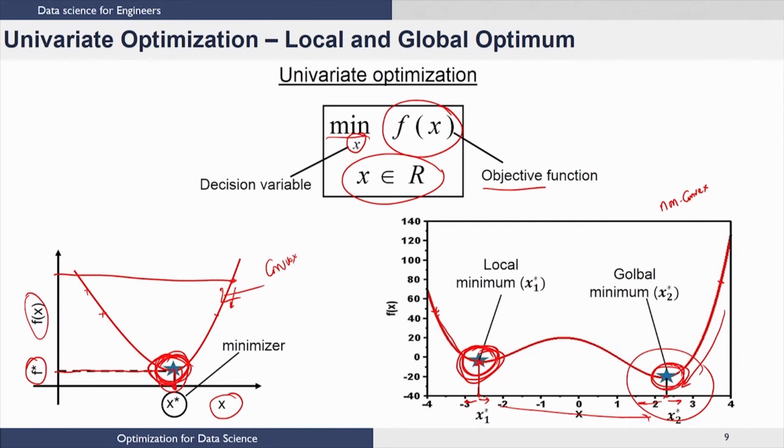Now, notice what happens in this case. If your data science algorithm is trying to find a value for the decision variable, when you run this once with this initialization, you might get this as a solution to your problem, and when you run with this initialization, you might get this as a solution to this problem. In other words,